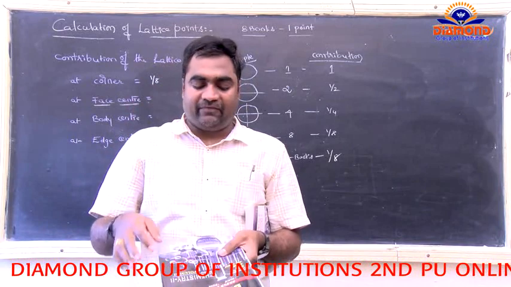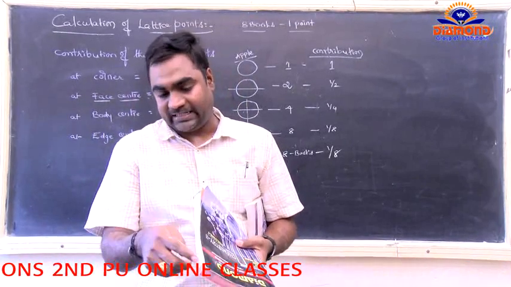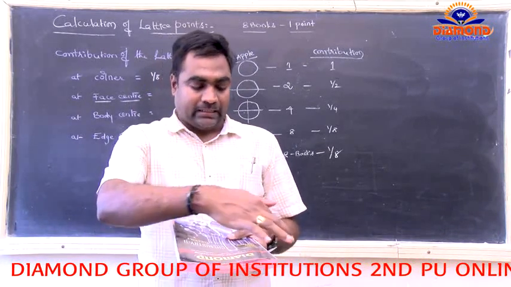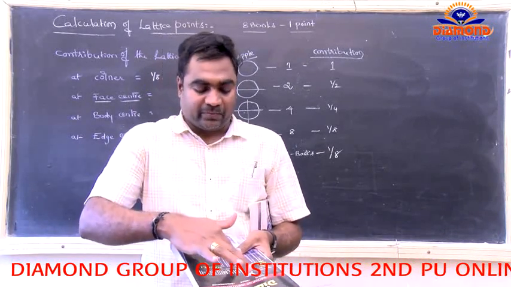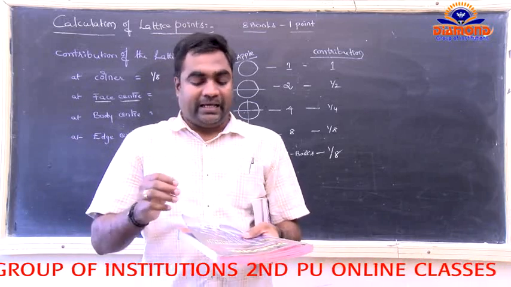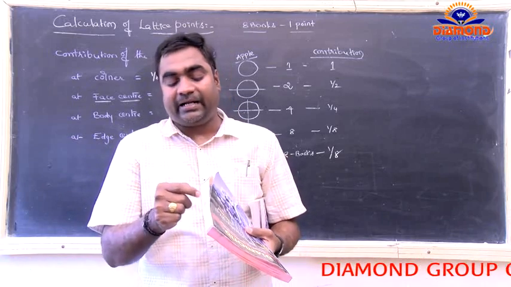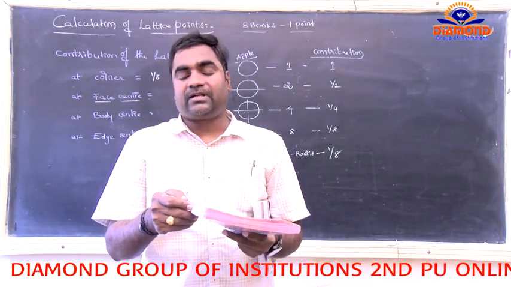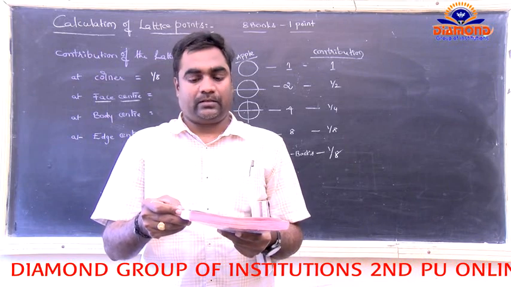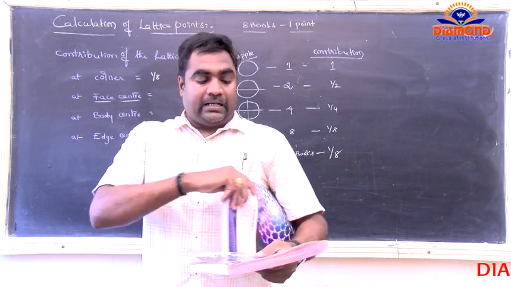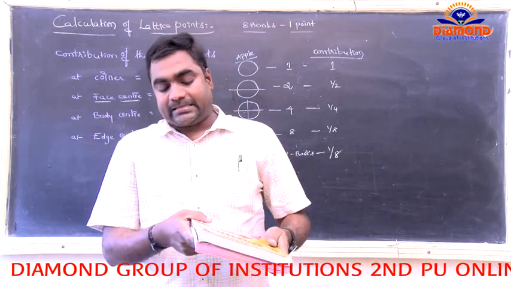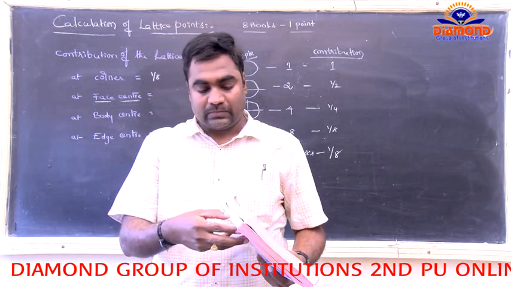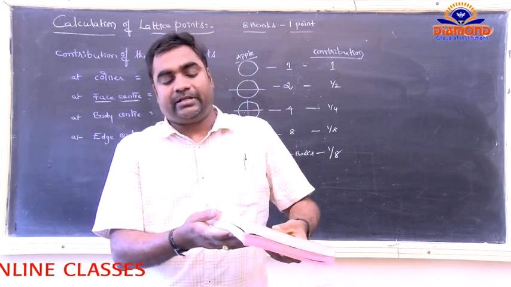Now I have to choose the face center here. Here is the face, here is the center. So 1 point, second point, third point, fourth point, fifth point and sixth point. Now here I am choosing the lattice point here. So for this point, how many books must touch it? That we have to find. Now the arrangement of the book is like this. So here, does it touch the point or not? It does not touch this point.